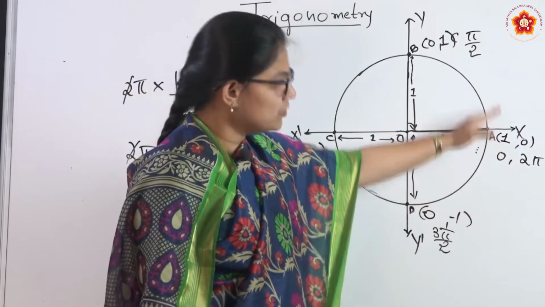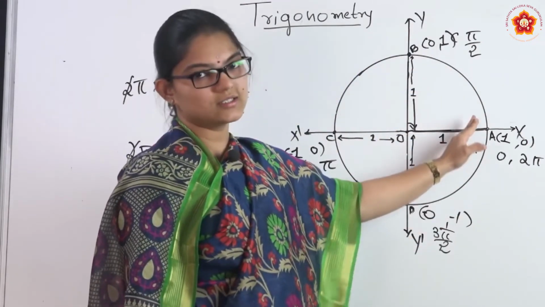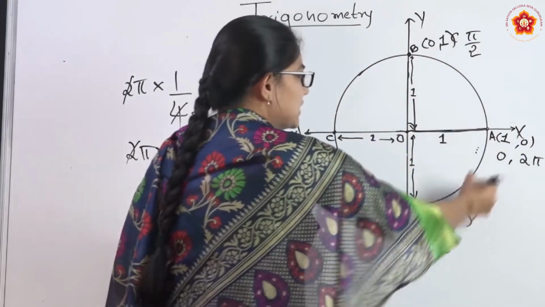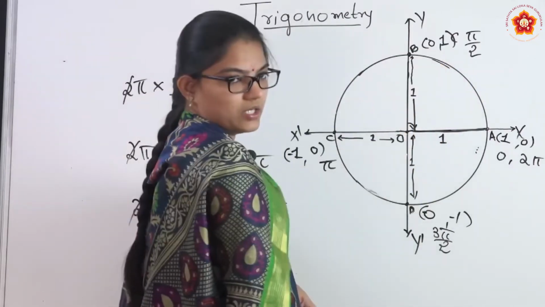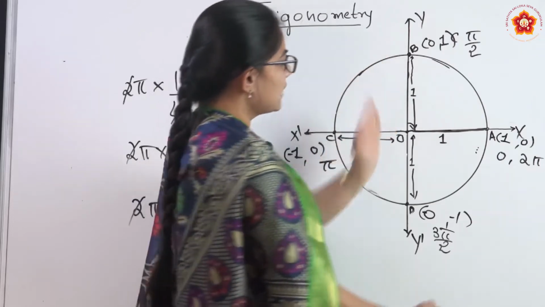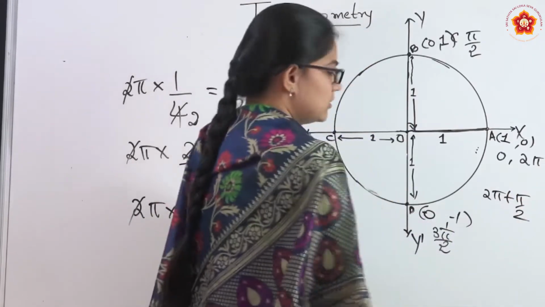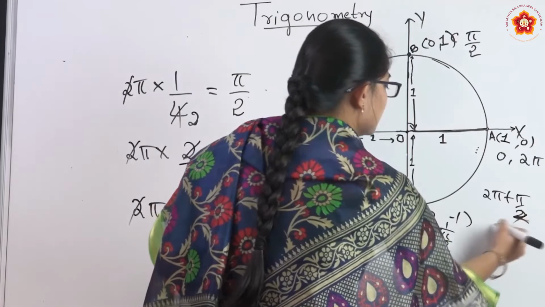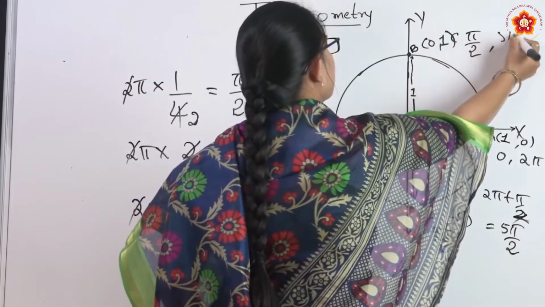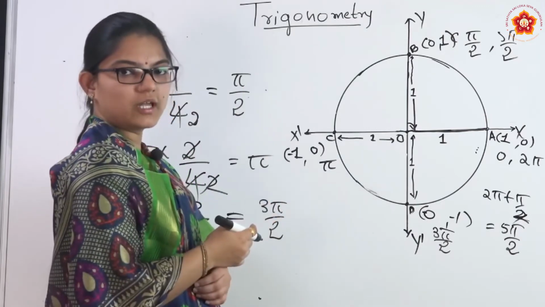Next, still more, if you want to consider, after one complete revolution, you can consider more angles. If you consider again at B, that is after one complete revolution, that means you have rotated still more, okay? Then what is the angle? That is 2 pi plus one more pi by 2, correct? 2 pi plus pi by 2, what is this? That is 5 pi by 2, okay? So you can consider again here 5 pi by 2, which is nothing but 450 degrees, right?